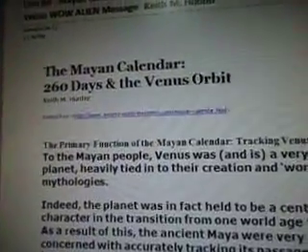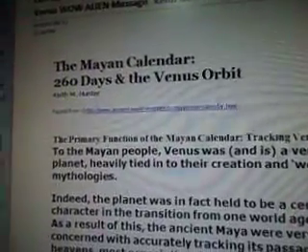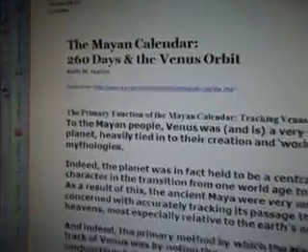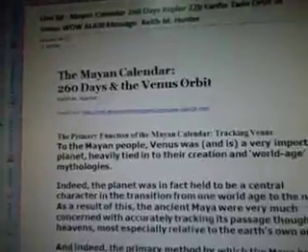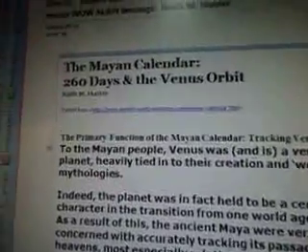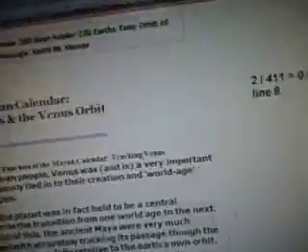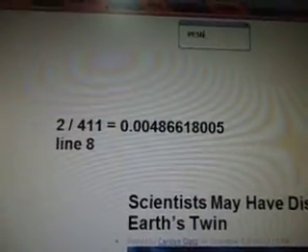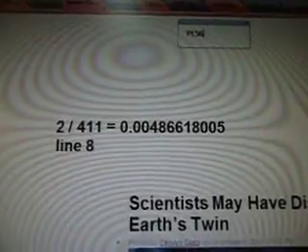The reason I put Keith M. Hunter's name on there is he wrote an article about the Mayan Calendar 260 Days in the Venus Orbit, where I get some of my information from. I want to say thank you to him for blogging about it, and I'll tell you more about that soon. So the equation is 2 divided by 411 equals